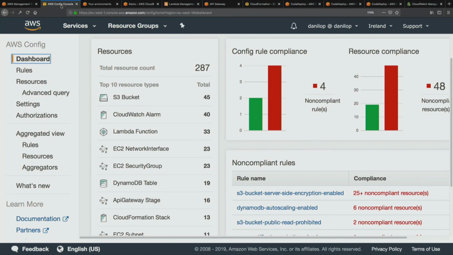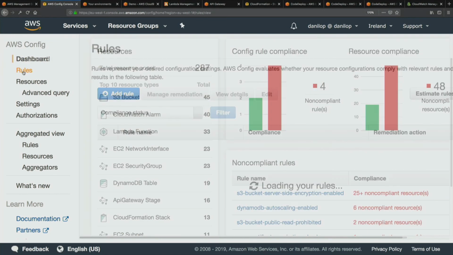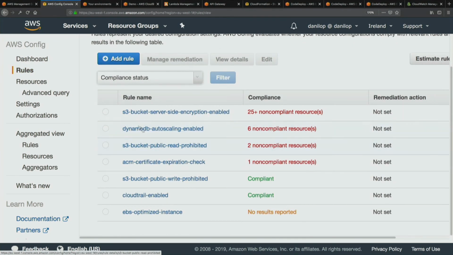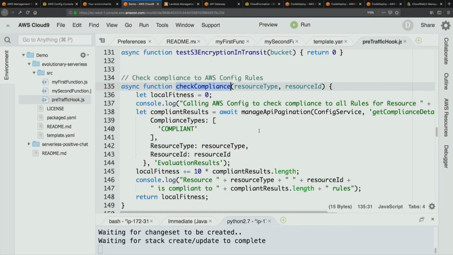I went on the AWS Config console, where you can check rules, and I enabled a few rules here. So I want DynamoDB to use autoscaling, I want S3 to use encryption, and so on. And if you do that, then you can just check the compliance of a resource.